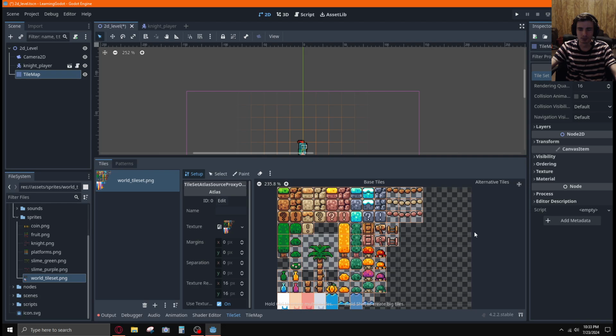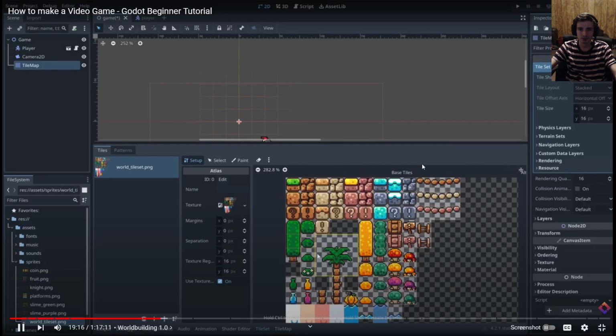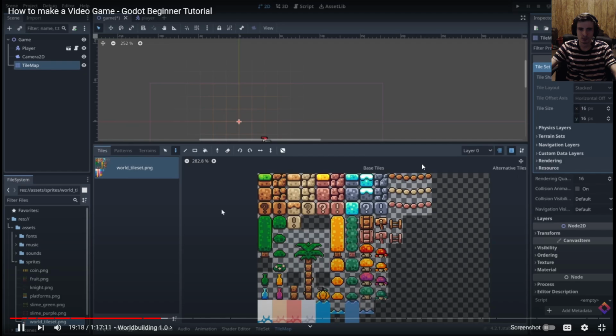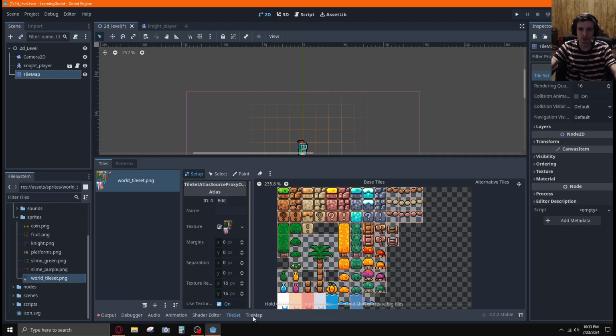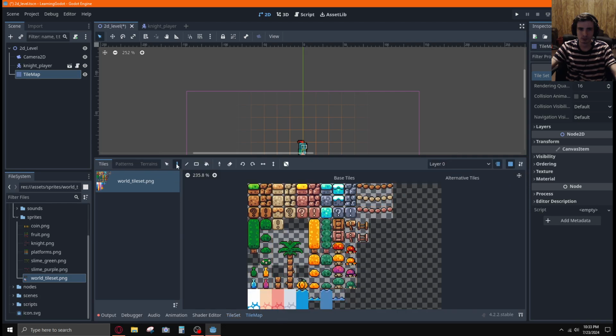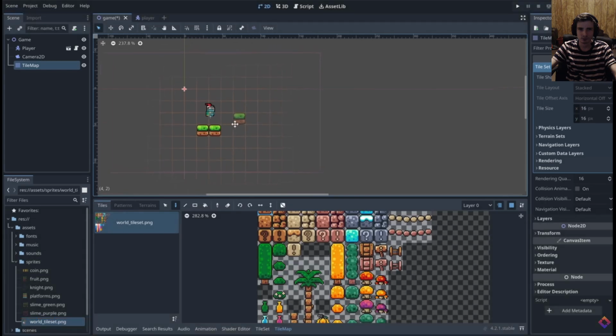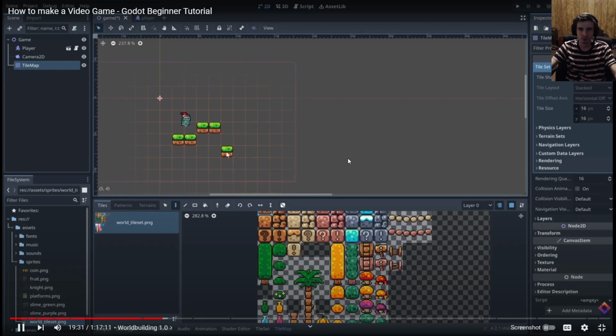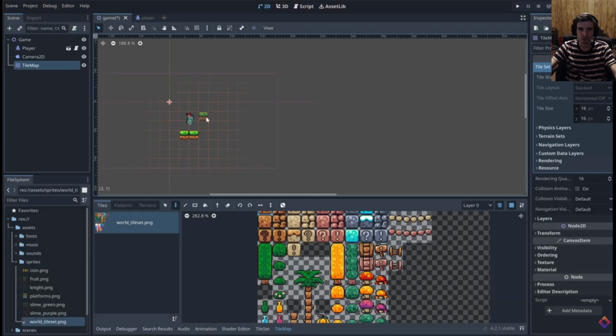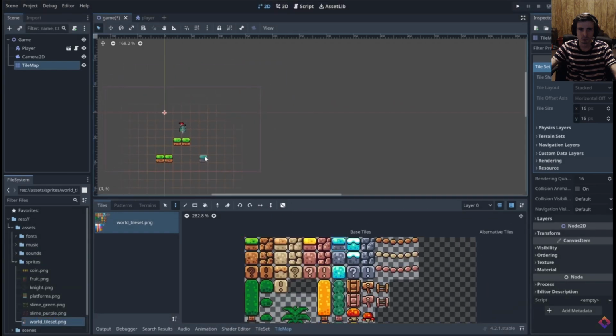Okay, with that set up, we can now go to our tile map and start painting. Make sure that the scene has the select tool and that the tile map has the paint tool enabled. Now let's simply select a tile and start painting it in. If you make a mistake, you can always right click to remove. I'm just going to fast forward through me drawing out the level here. As you can see, I begin by blocking out the most